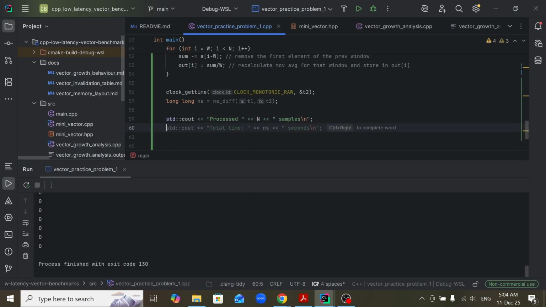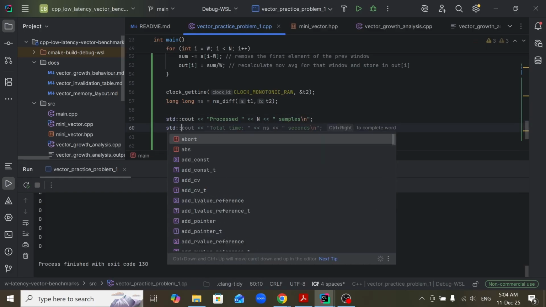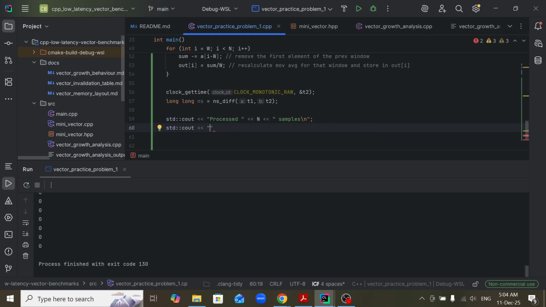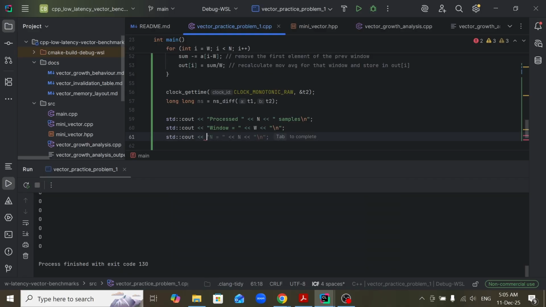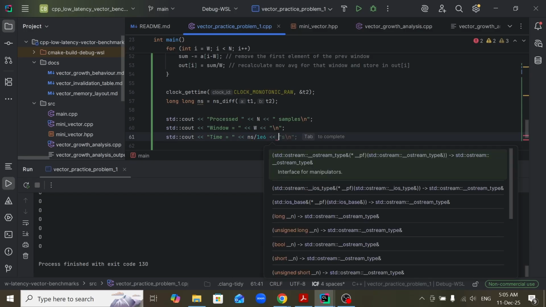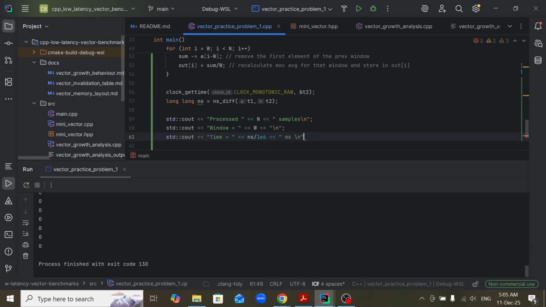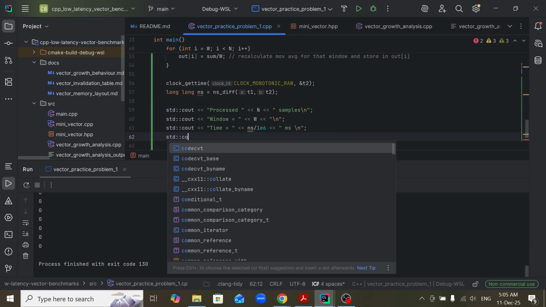The time it took should be the amount in nanoseconds divided by 1 million to get the millisecond amount, and then the throughput should be n, that is the total number of elements divided by the time taken